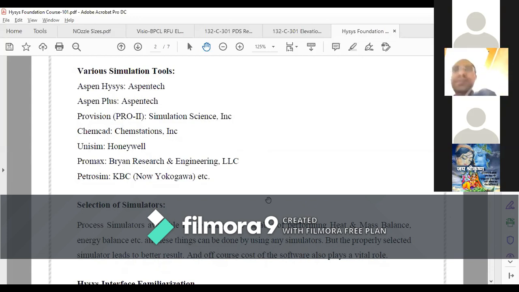Aspen HYSYS, Pro2, Unisim and Petrosim, these are the four softwares majorly used in the oil and gas and refinery sector.